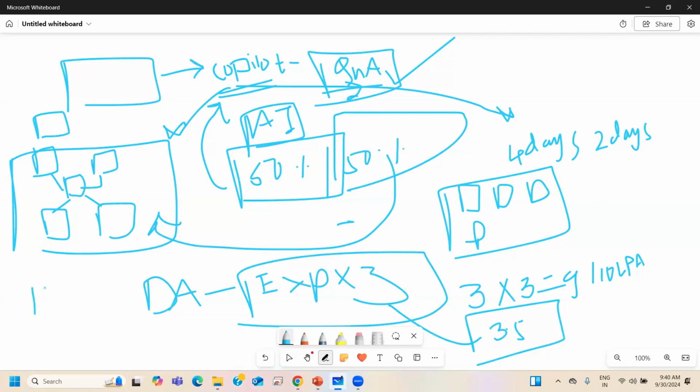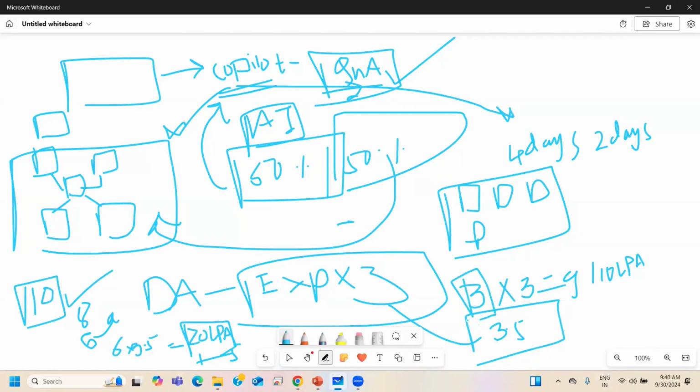After a saturation limit of 10 years, if you're showcasing 10 years, Power BI is not 10 years old. Power BI is somewhere around 8 to 9 years old, and for the last 6 or 7 years, it has been frequently used. So for Power BI, you showcase 6 years even if you have 10 years of experience. How will it work? 6 into 3.5. Somewhere it would be 20 LPA minimum for 10 years. But if you have good exposure to cloud, you can expect plus 5 also, which is 25. But it all depends on how you give your interview. But as I've said, 3 into experience is what you can minimum expect.